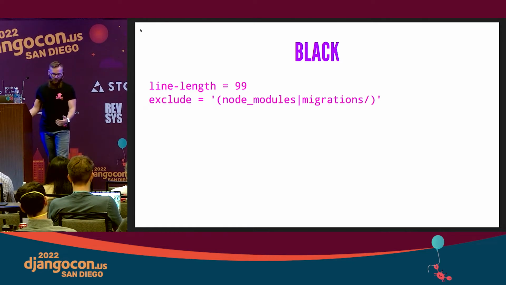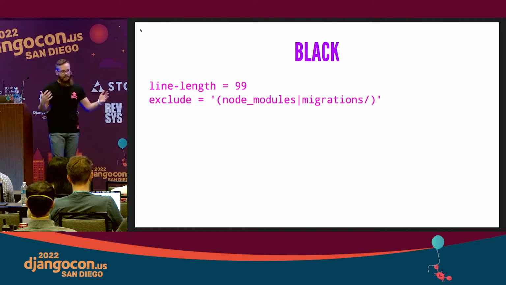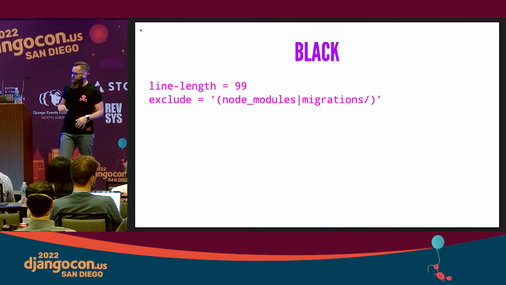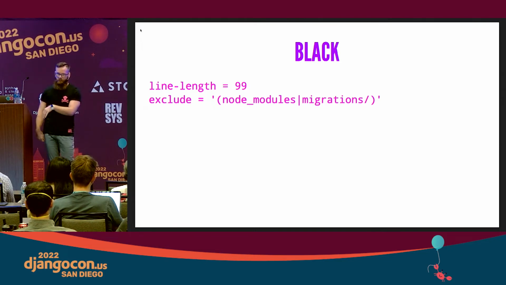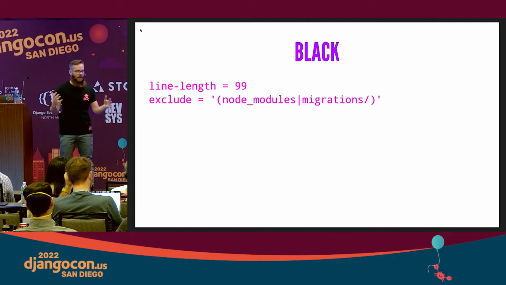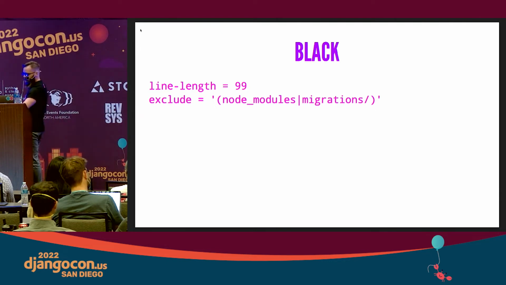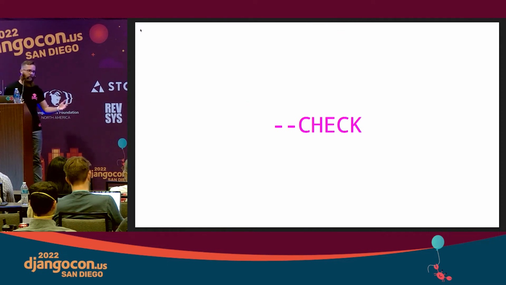Also, we exclude different things because Black can be pretty intensive, especially on a project the size of Kraken. Actually, I think after Django 4, or maybe a certain point release in Django 4, we won't have to do this, but we don't run Black on our migrations code because we have lots and lots of database migrations, and we don't really want to run and reformat all those migrations. I think with newer versions of Django, it's already going to run the migrations through Black, so we won't have this problem anymore.